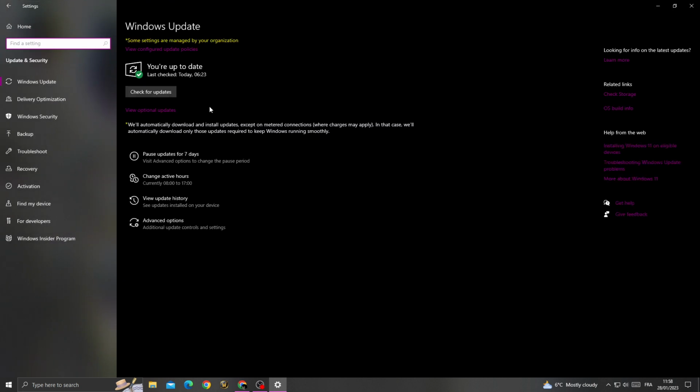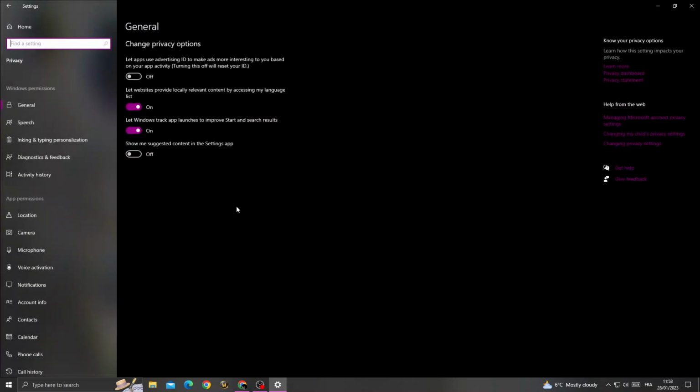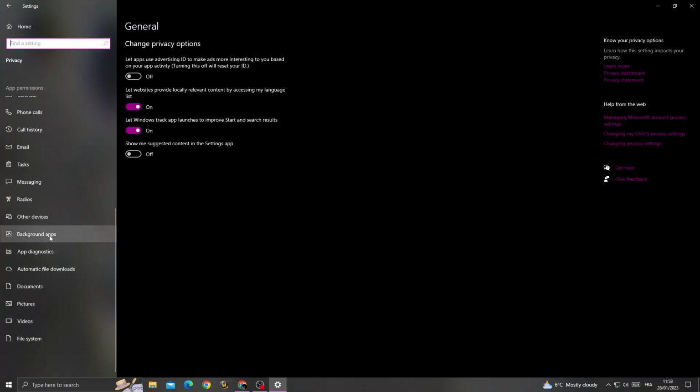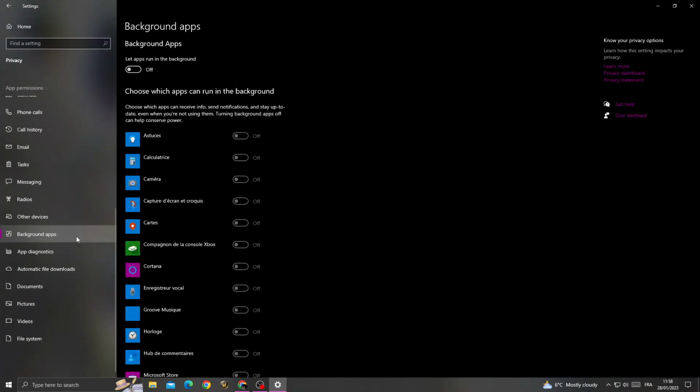Now just make sure to update your Windows, and after that go to Privacy, then scroll down until you find Background apps. Now turn off background apps and then go back, go to Gaming,